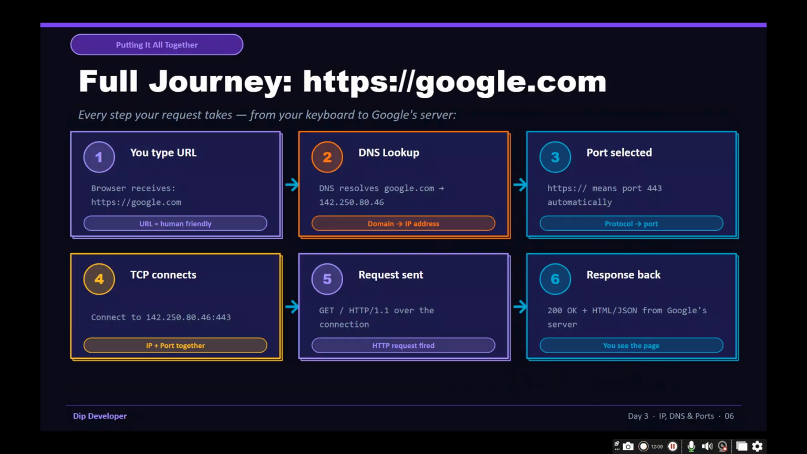Now let me put all these three together. What actually happens, step by step, when you type https://google.com in your browser? In step 1, you type https://google.com, and the browser sees the URL and knows it needs to find the server. Step 2 is the DNS lookup. The browser does not know the IP for google.com. It goes through the DNS resolution process we just covered, right, and the result